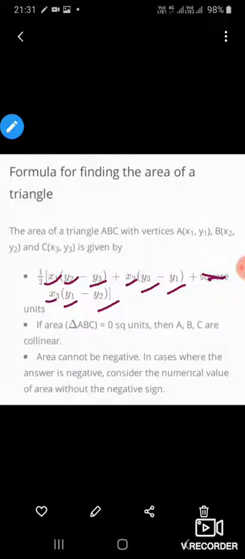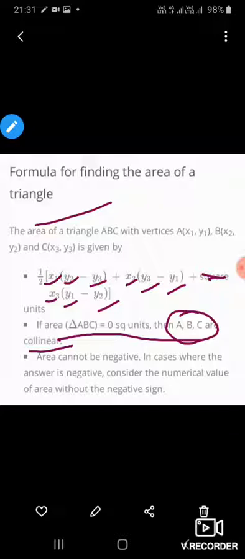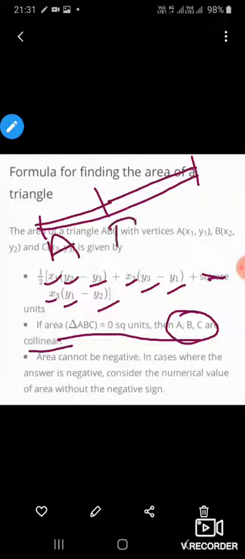Now the point is, what more can we do with this. If we want to check whether 3 points are collinear, then with the previous distance formula you would find this, then this, and this, means AB you will find, then BC, then AC. So that's a long process, but here it is a very simple one.